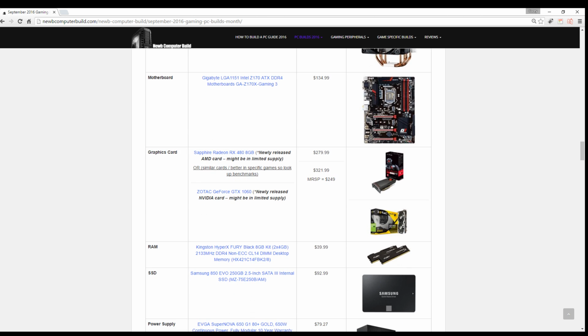And here is the exciting stuff for this build. The graphics card. We have a Sapphire Radeon RX 480 8GB one. This is also a new card, the new AMD card, $279.99. Likewise,